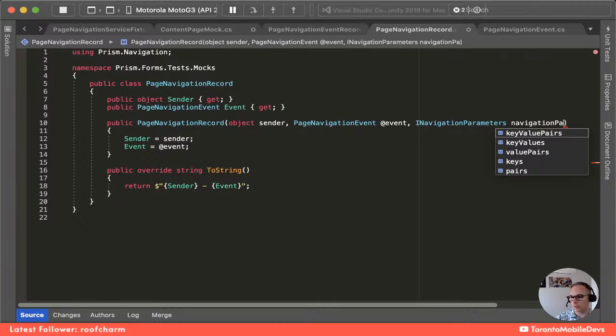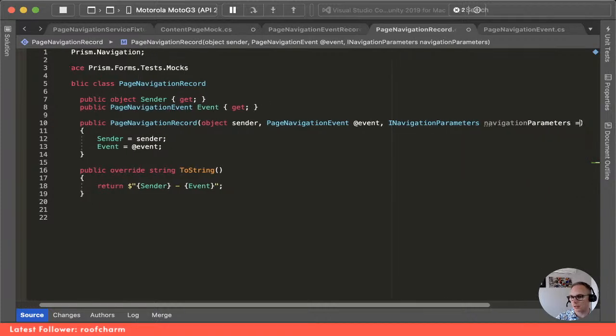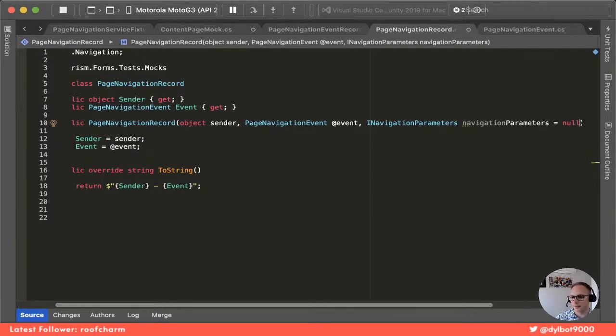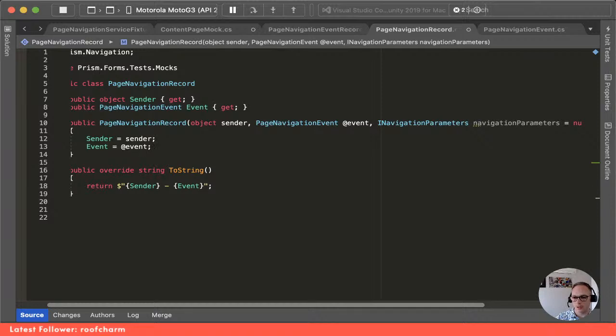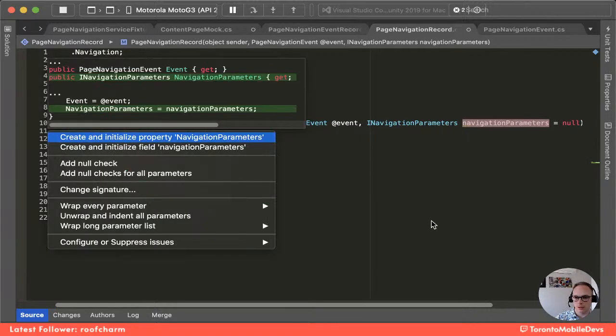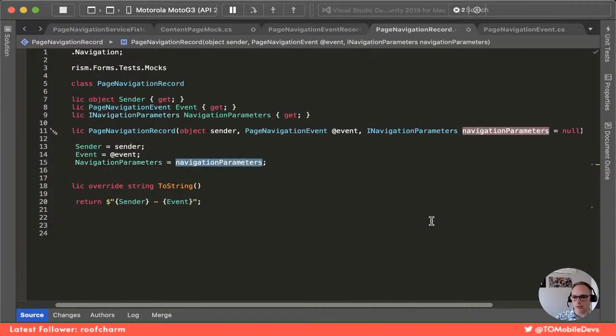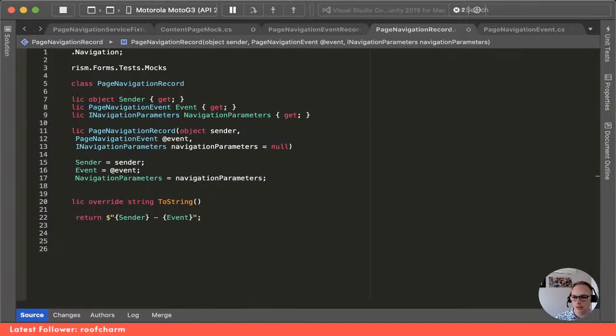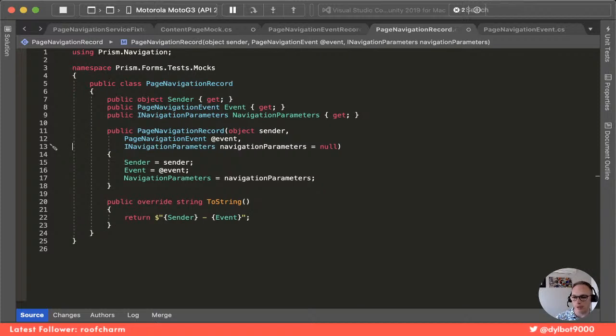Navigation parameters equal null. And then we will create a property and initialize it. Awesome. And because this is a little long, which is very evident when I start coding like this,